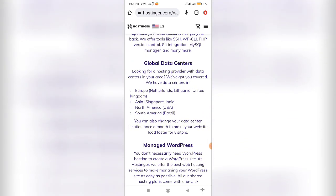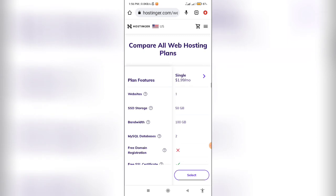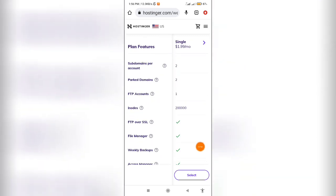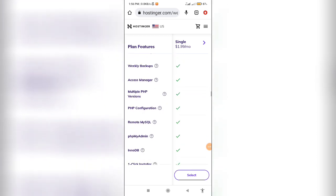Global data center: looking for a hosting provider with a data center in your area? We have got you covered with other options in Europe, Netherlands, India, North Asia and USA. Managed WordPress, 50 GB storage are also available. You can check weekly backup plan, access manager, multiple PHP versions,